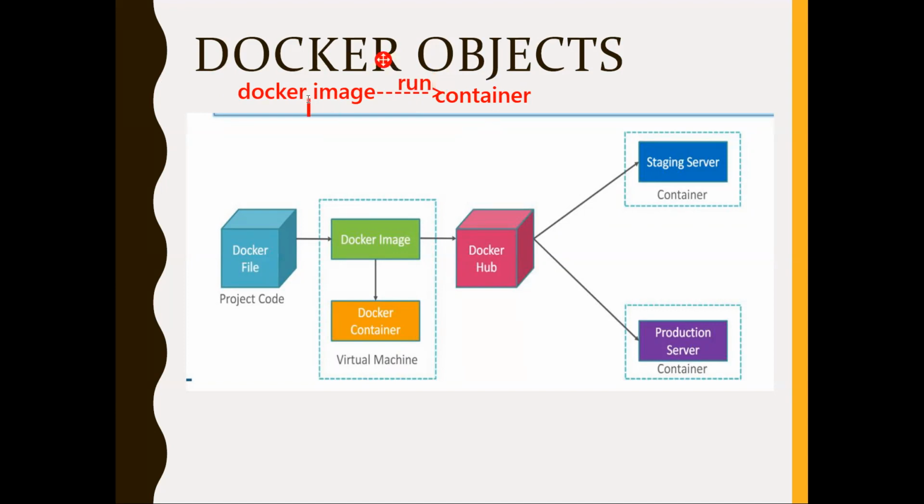Docker image is nothing but the base of a container, right? You have to run that image to get this container. I can say this Docker image is a static file, right? Docker image is a static file or read-only file, by running which you'll get a container. Means container is a running instance of this image, right? Or else a running version of this image.